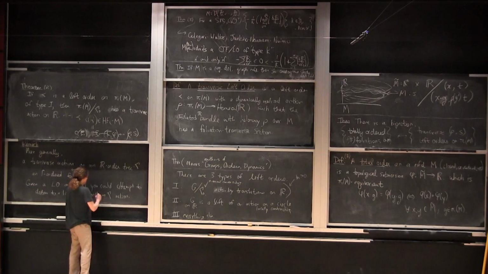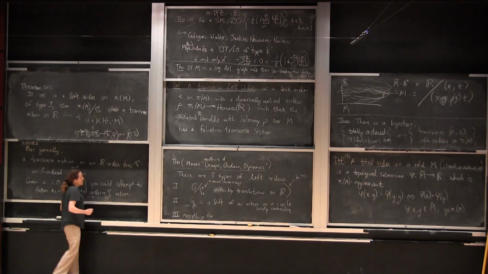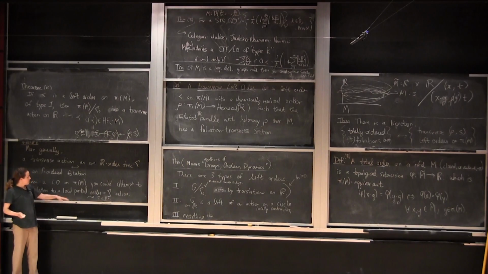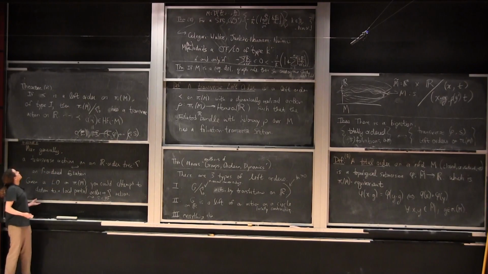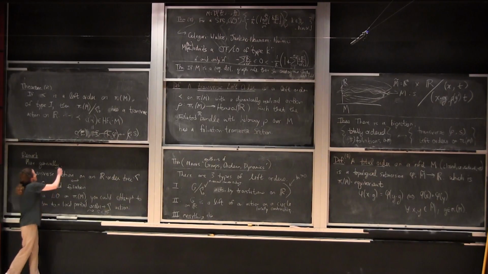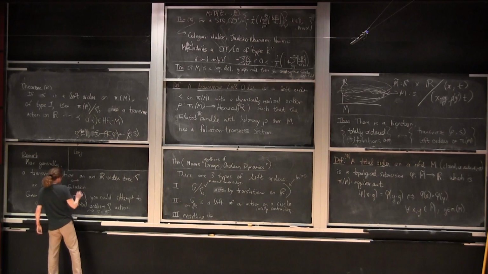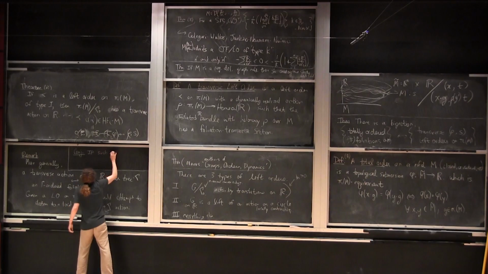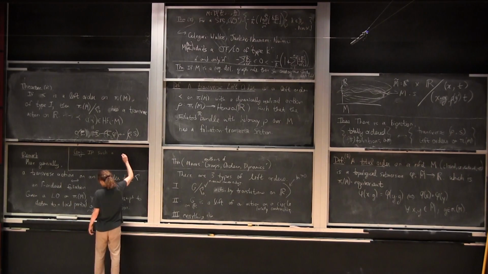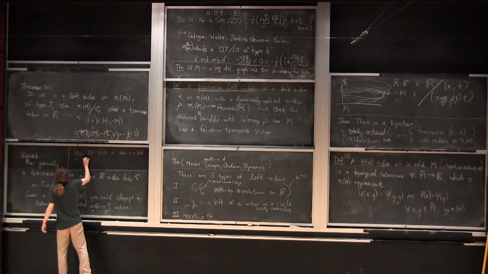And this also gives a class in Heegaard Floer, and that would have a definite spin C structure as well. So conjecture: if that class is well defined,